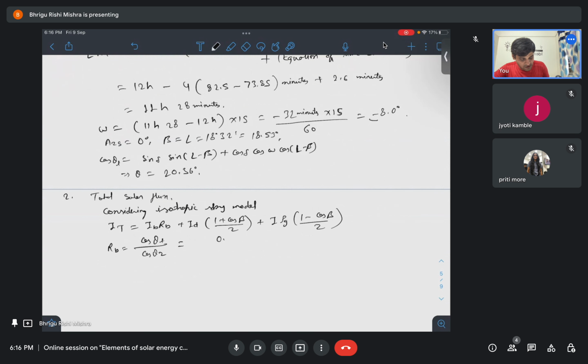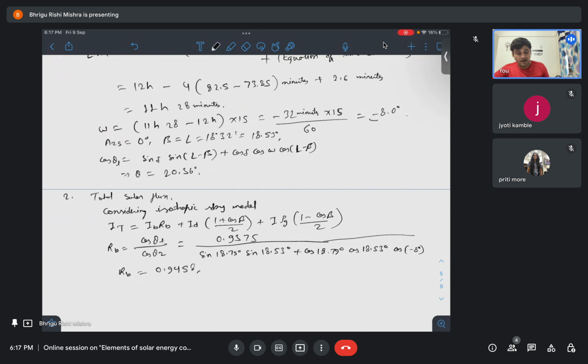So cos 20.36 is 0.9375, and the formula for cos theta z is sin delta sin beta plus cos delta cos beta cos omega. If you solve this, you'll get RB equal to